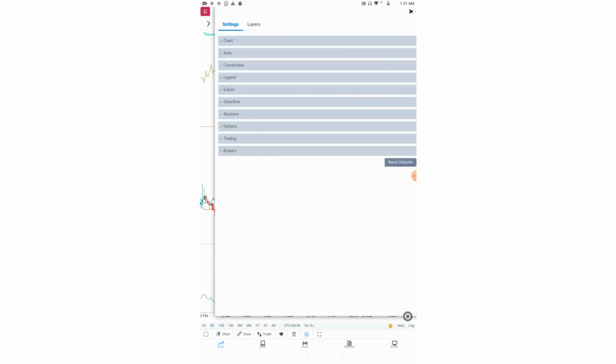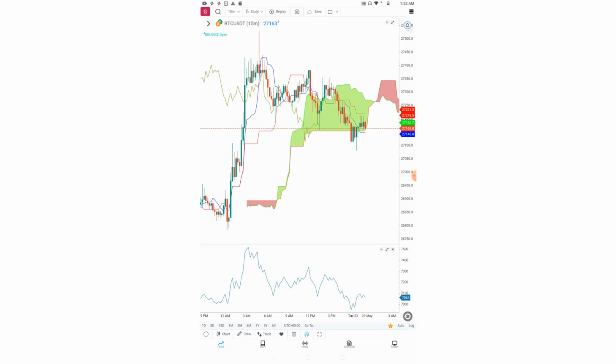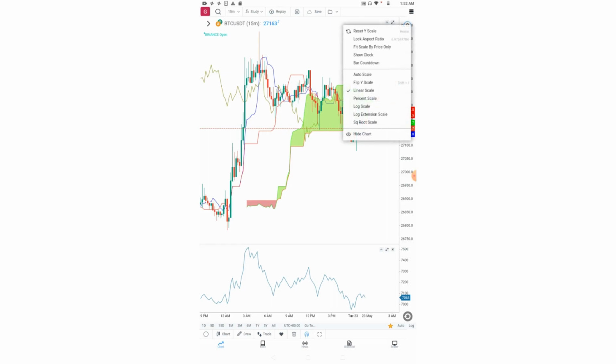Now coming to this option, which is called settings and layers. Friends, I will explain this setting option in the part 2 video because I need to explain these concepts in great detail. If I explain them in this video, the video will become very long. So in part 2, we will explain only these options. In this part, let us explore all the other options except settings. Now the setting of the y-axis has various options. You can lock the aspect ratio, which is required during zoom in or zoom out, fit scale by price, etc. These are the various options.